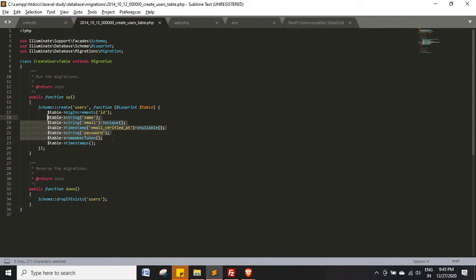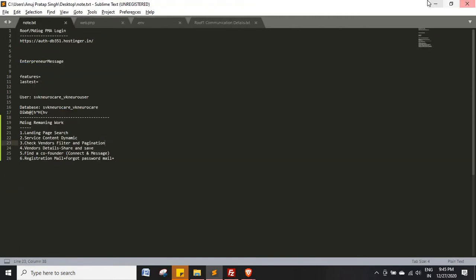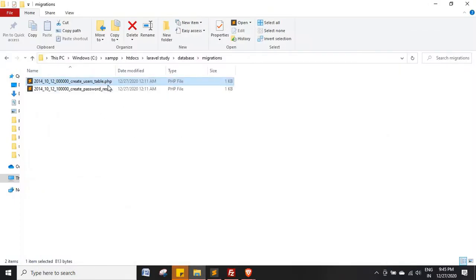Other than that, these columns you have to define yourself according to your need. Once you run that command, one file gets created there, and after the file is created you have to run one more command to make that file get converted into your table.